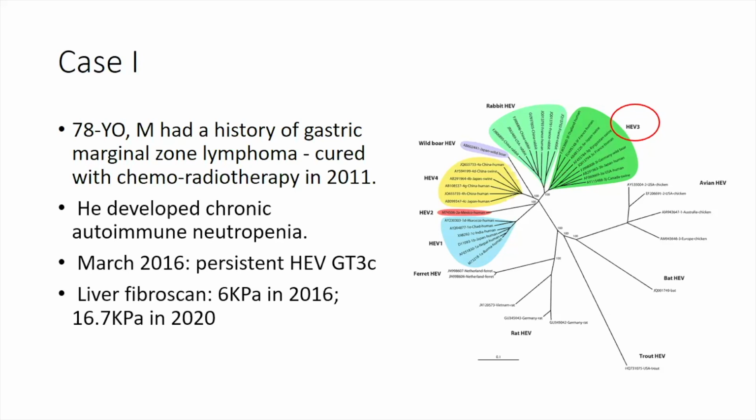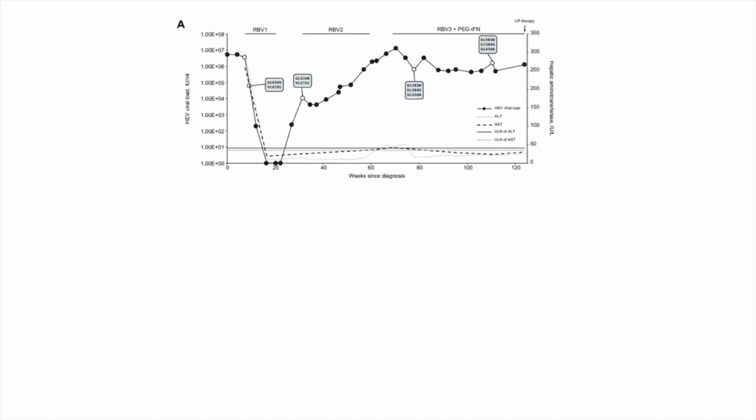So he had advanced liver fibrosis as a result of persistent hepatitis E, which is not something that we normally think of as a chronic infection. We always tell students that this is a self-limiting viral infection, but it is not in people like himself and his background. So we wanted to treat him, and we treated him according to the European guidelines of hepatitis E